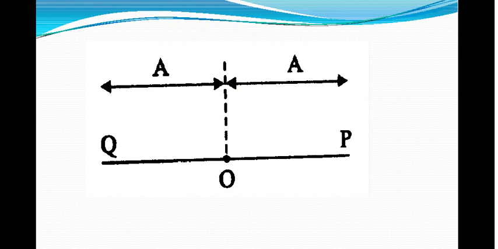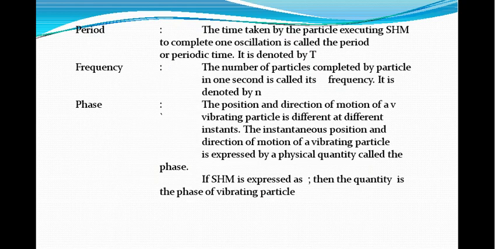What is a period? The time taken by the particle to complete one oscillation in a simple harmonic motion is called the period, or you can say periodic time or time period. It is denoted by capital T. Normally, what we do is, for example, take 10 oscillations and note how much time is taken for 10 oscillations. So when finding the time period,